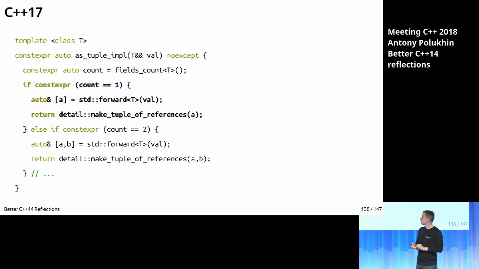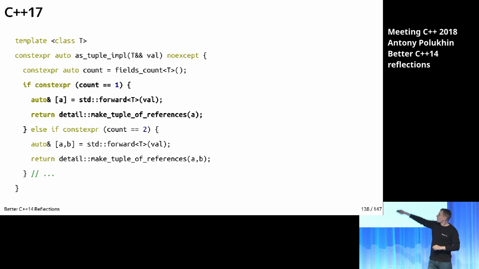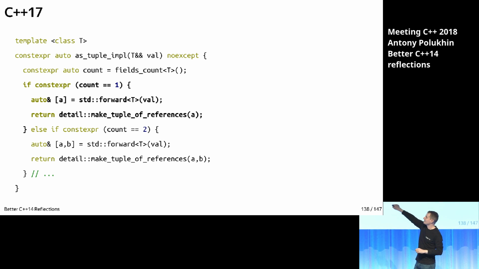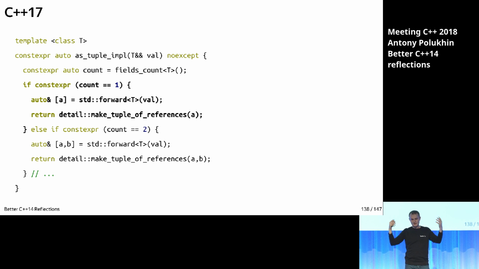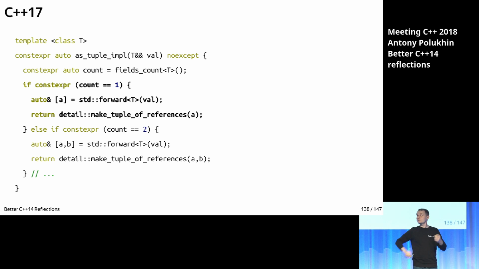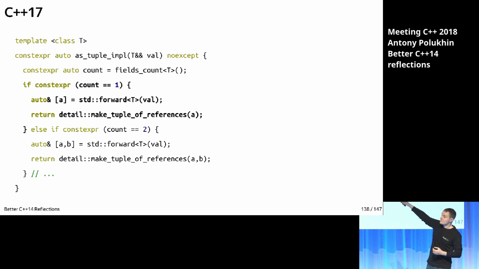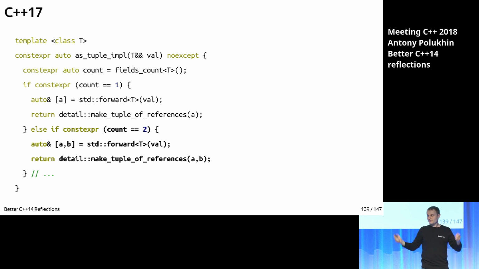Andrei was talking a few hours ago that with if constexpr we can do only boring things. Well, kind of. So, in that if constexpr, we've got a structured binding. So, if there is one field in the user-provided structure, we decompose it into one field. And after that, we create a tuple with references to the field. So, we've got a tuple with one element, and that one element is a reference to the field inside the val argument. If we got two fields, we decompose them to two elements and create a tuple of